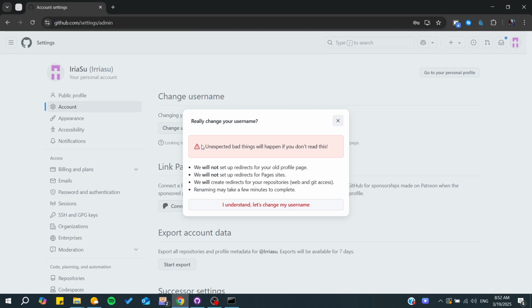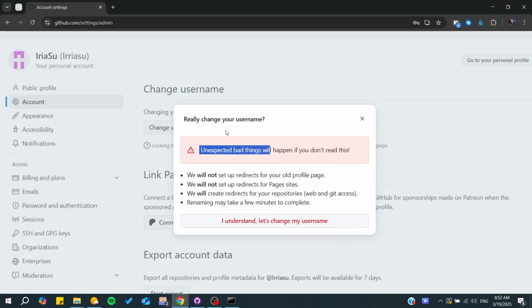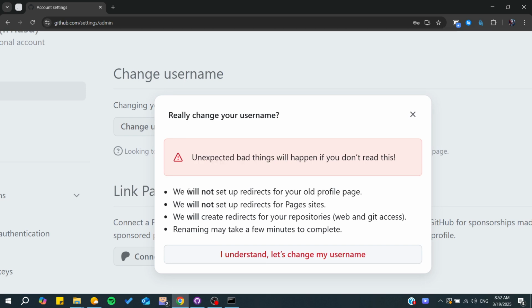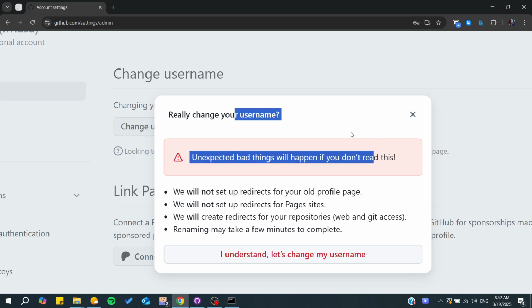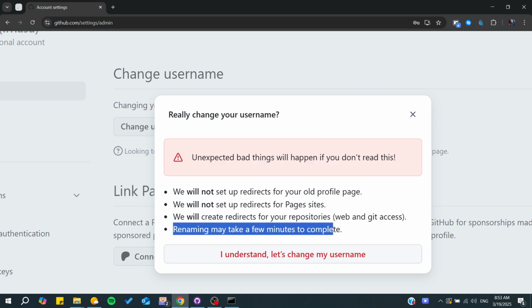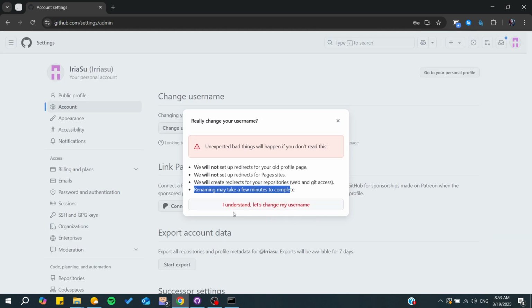And then you will be needing just to read carefully these things, and basically changing your username means that you will be needing to set up your redirects for your old profile page. You will need to set up redirects for page sites. You will need to create redirects for your repository because everything would have like the older URL, and basically you will be needing to change anything related to your username. And also renaming may take a few minutes to complete,